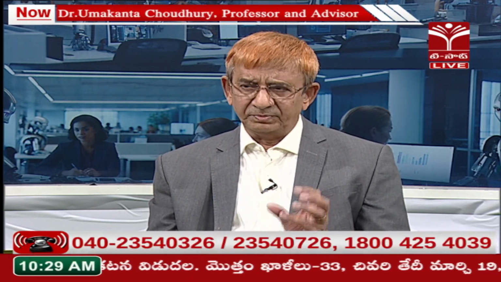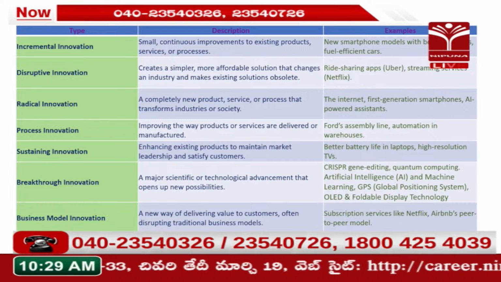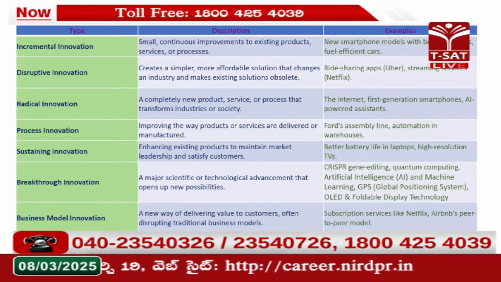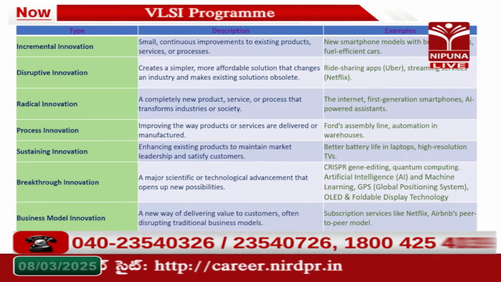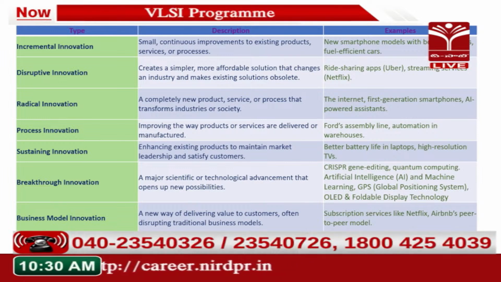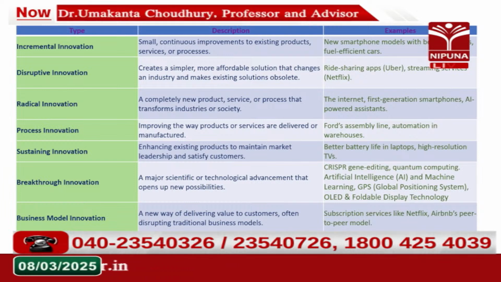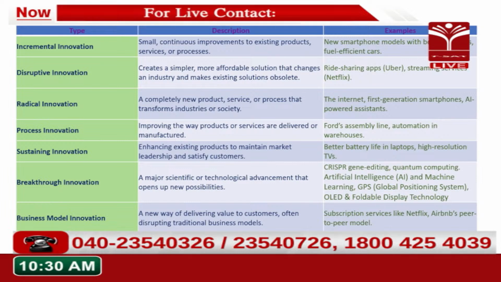But disruptive happens whenever the basic phones were changed to smartphones. Disruptive, as I told you in the beginning, is like when the smartphone or the digital camera came. That was a disruption, the market was disrupted, and a lot of people lost their jobs in Kodak because of this disruptive innovation. Radical innovation is something like a totally new product, a new theory,